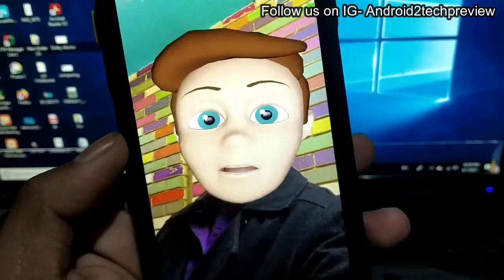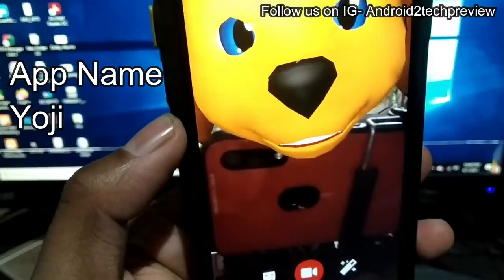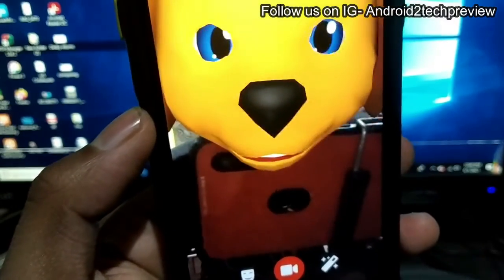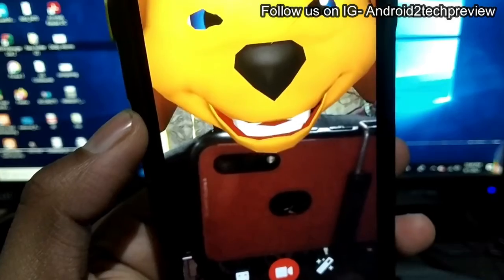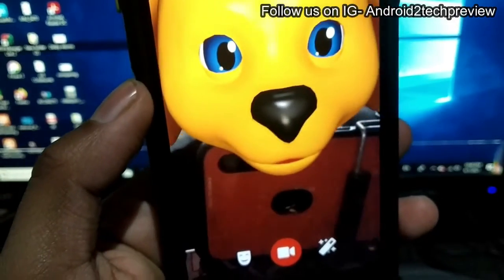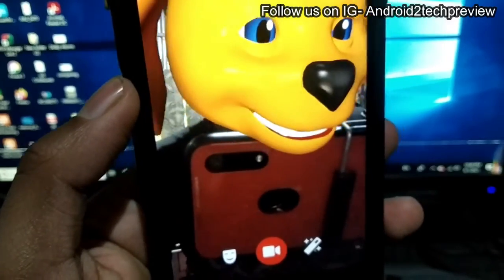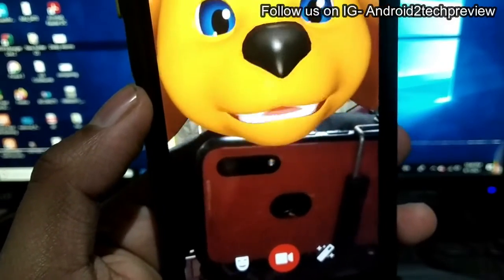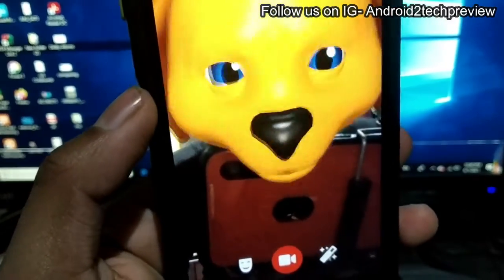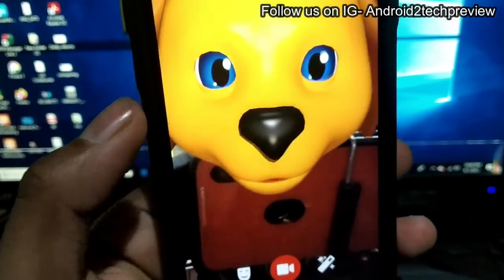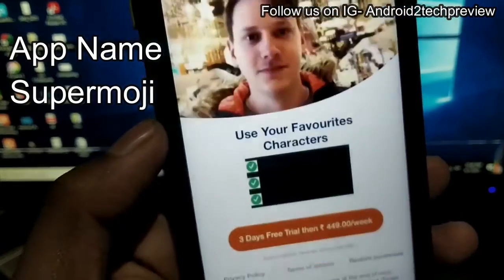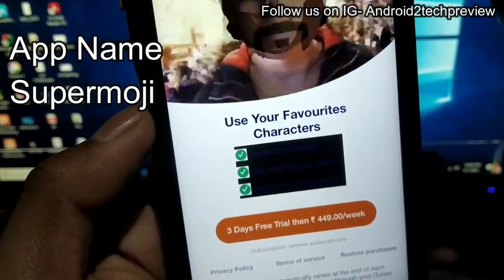You can see that this is working, and whenever I make a facial expression, or move my head left or right, the thing is working well. You can also record it with the record button that you see down below. Whenever I move my head, my nose, or open my mouth, it actually works.